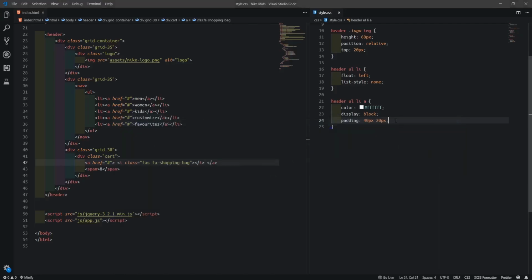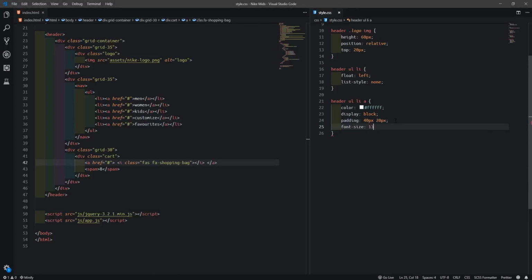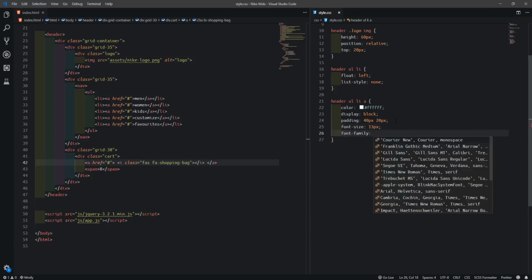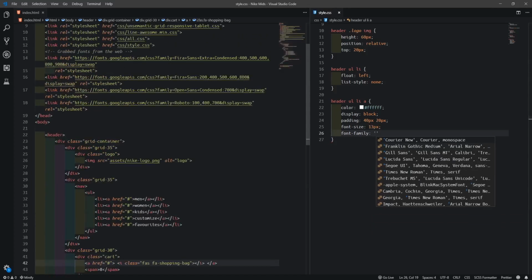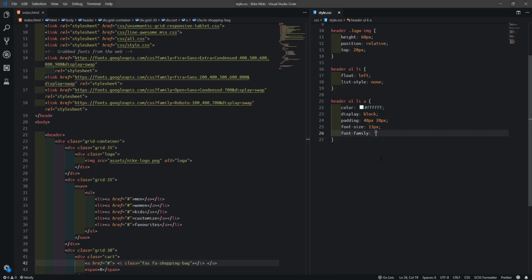Alright. So next thing we'll do, I'll add the font size to be like 13 pixel. Then font family, we will use this one, Fira Sans, the condensed, because that's indeed very, very tiny here. You see, not the Fira Sans condensed, they're very slim. So I'll come here, I'll just type, I'll say Fira Sans